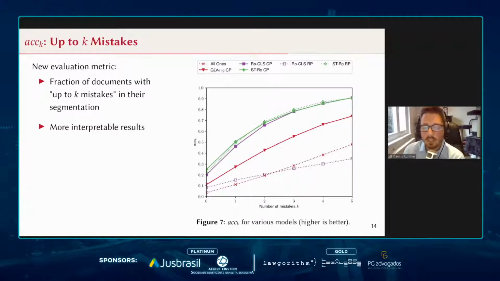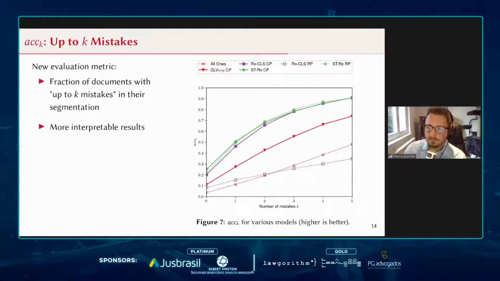This actually gives some relevance to our error rate seen on the previous page, because even though we tend to have rather low Pk values, if we look at the transformer models, which is this upper curve, even those have only around a quarter of the documents that were classified entirely correctly. Keep in mind, again, those are around 23 predictions that we have to do per document. However, if we account for only 2 mistakes, we can see that already 2/3 of the documents are classified correctly, which might make this still an acceptable segmentation for many downstream applications.